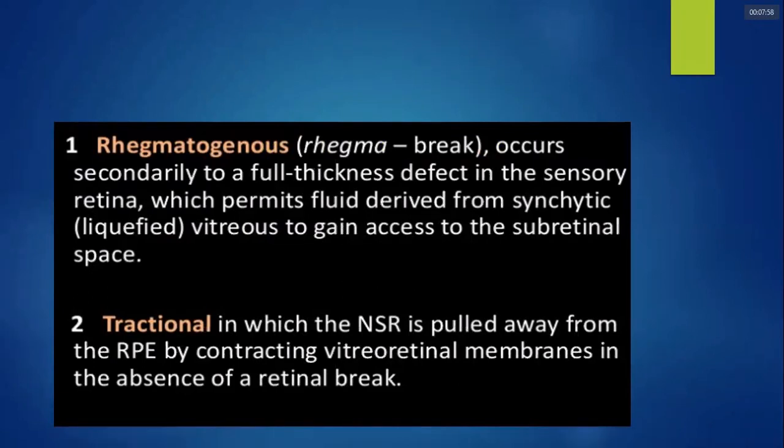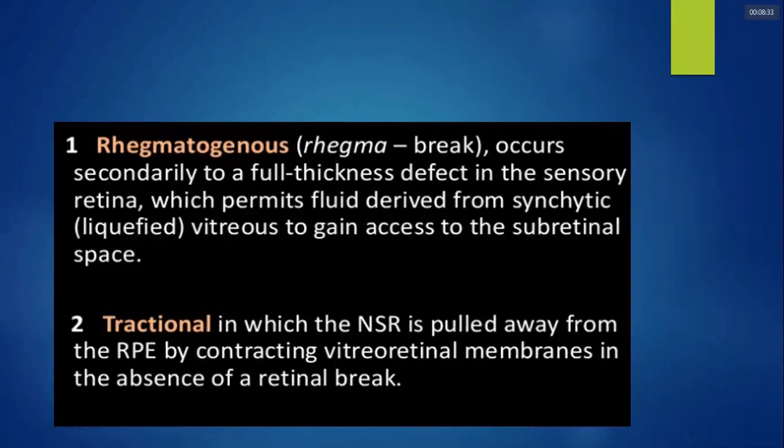So vitreous is in the jelly form, but gradually, with many of the risk factors or underlying causes, there is a liquefaction of this vitreous, and they get access into the subretinal space, leading to the retinal detachment. Means there is a break somewhere in case of rhegmatogenous retinal detachment. So always remember, rhegma means break. So rhegmatogenous means involving the break, there is a retinal detachment.